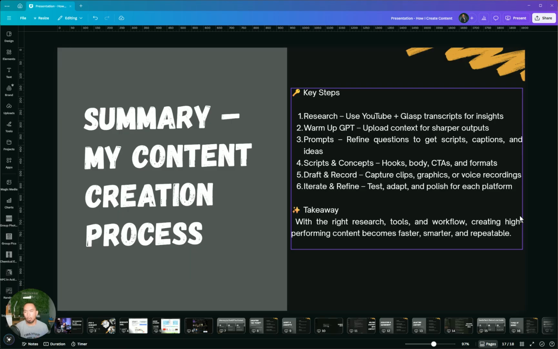And then I'll take whatever that is, the script or the concept, and start refining that however I see fit. And then I'll start drafting and recording this stuff, whether that be recording the voice myself or letting someone else do it, whatever have you. At least, that's how you take action on the output itself. Obviously refine it however you like, and then you rinse and repeat. And that's the standard operating procedure that I base my work on